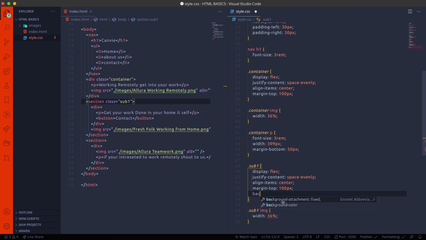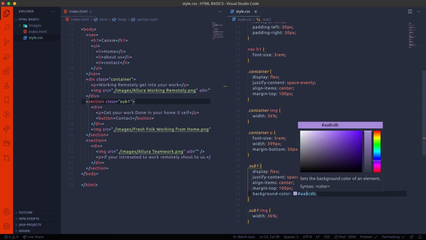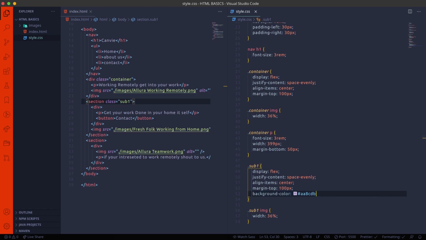So for background color, you can give the RGB or any color name you want. I'm using the hex value. So here I'm pasting that. This is the hex value. Like RGB or name, you can give the hex value or RGB value or the name. You can type anything. So now I'm saving this, and our web page will be.